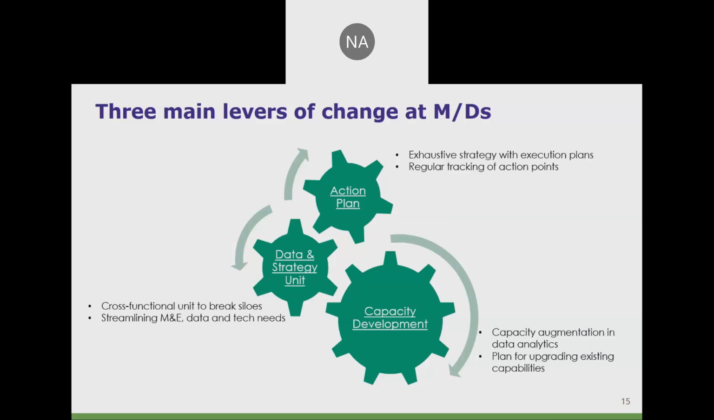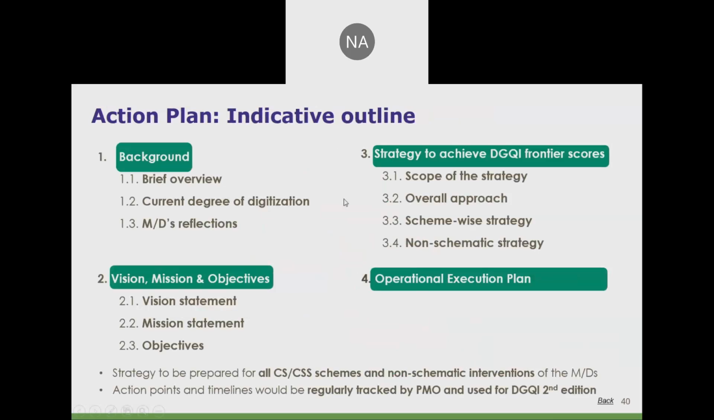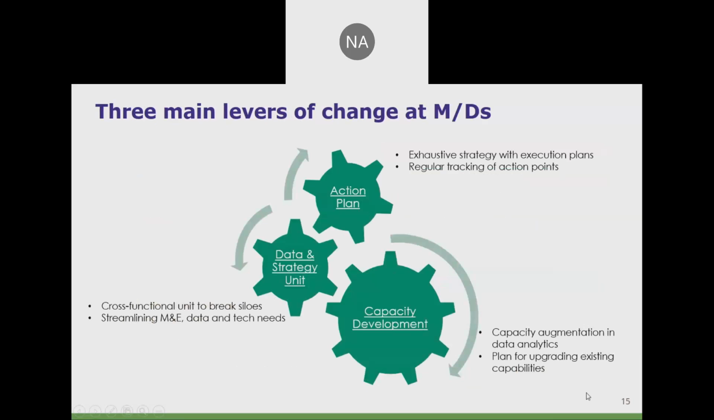In our case, we also had a template. If you can just click on the action plan link. So in our case, we had a template like this, which basically requested the departments and the ministries to prepare a standard template of where they stand, what their vision and mission are, and what the strategy is to achieve the Frontier DGQI score. And that has to be prepared for every scheme as well as every intervention. Go back. Now, once this action plan is prepared,